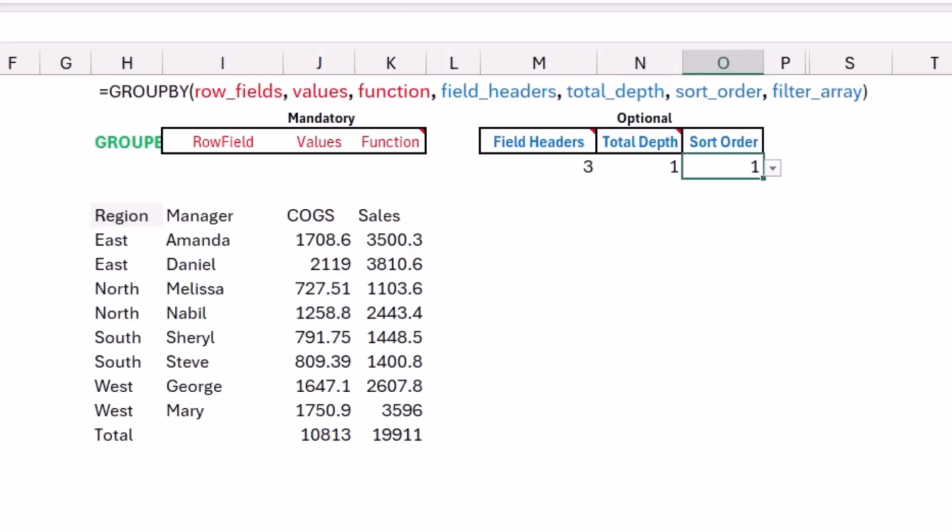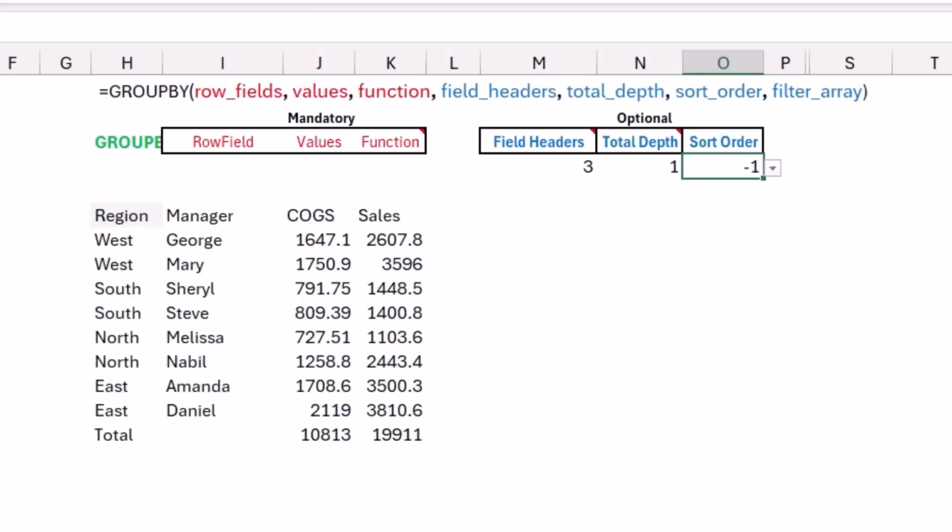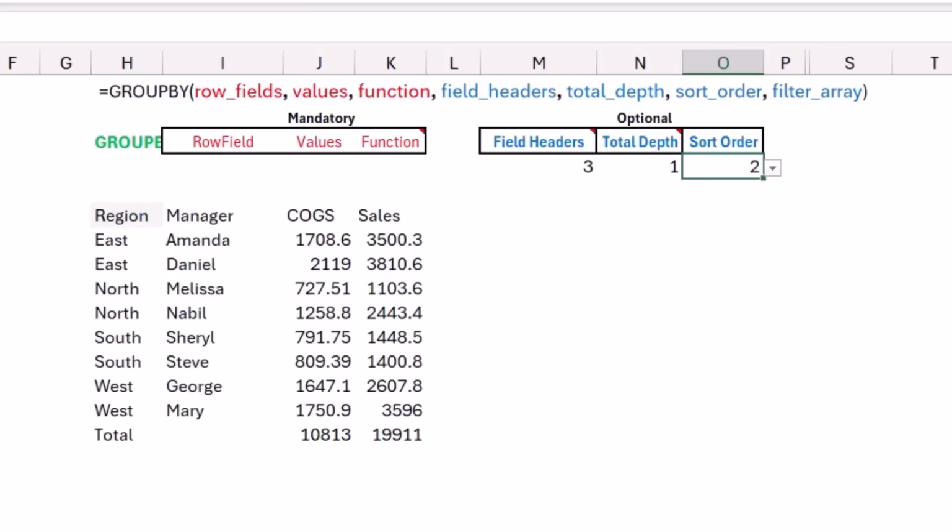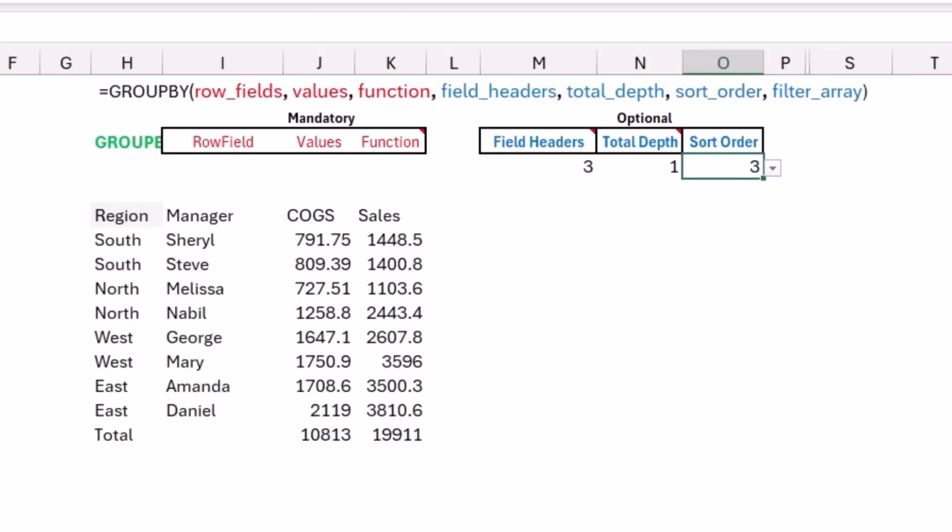For the sort order, 1 means I'm sorting the region in an ascending order. If I click on the down arrow and I select -1, I'm reversing the sort, and if I select 2, is sorting in an ascending order for the manager within each region. And option number 3, I'm sorting in an ascending order for the cost of goods sold for each one of